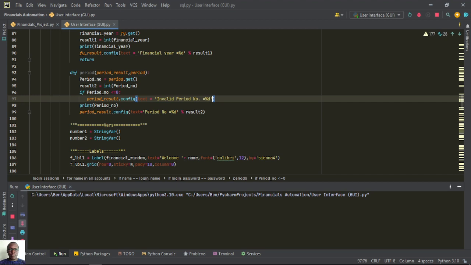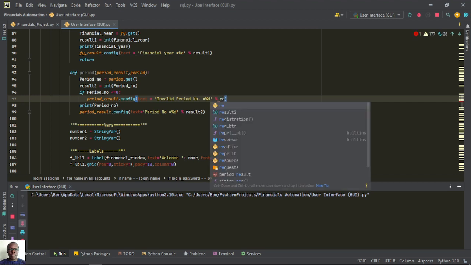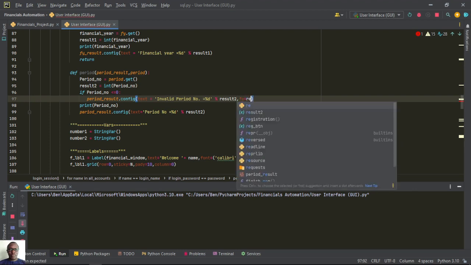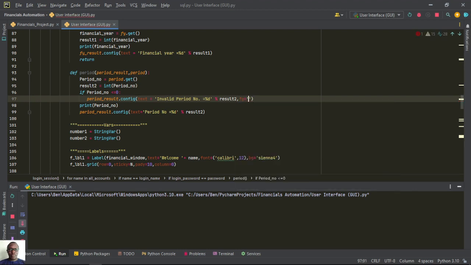Then from here we will reference result. We'll reference result 2, and then FG color, let's use FG color red. And